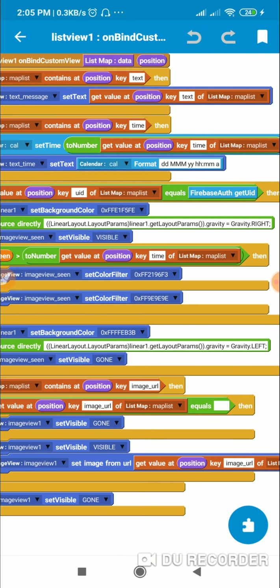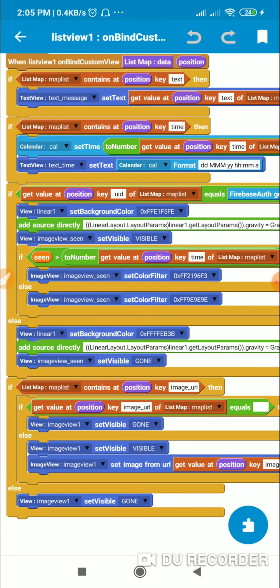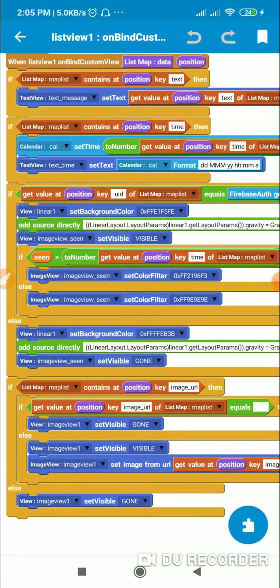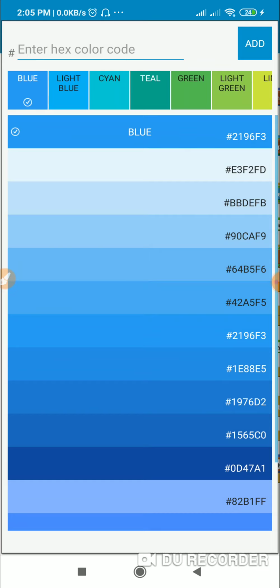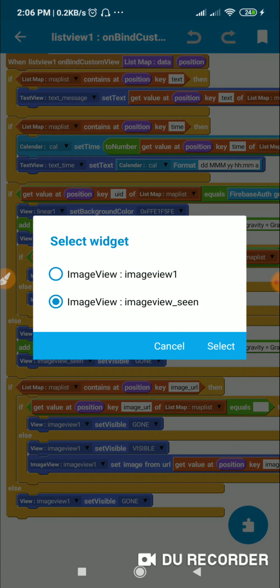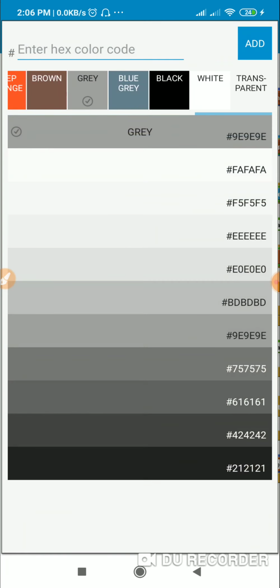So I convert the time at which the message was sent to a number variable, and if the seen time is more than the time when the message was sent, then for imageViewSeen I set color filter to blue. So this means it will be displayed as a blue tick. Otherwise, for imageViewSeen I set color filter to gray. So if the message is not seen, it will be displayed as a gray tick.